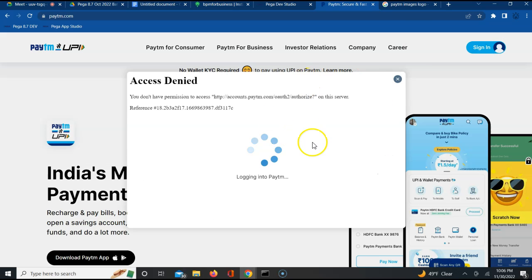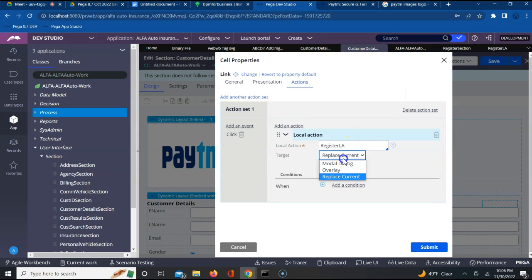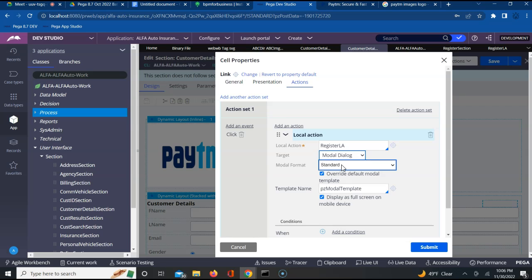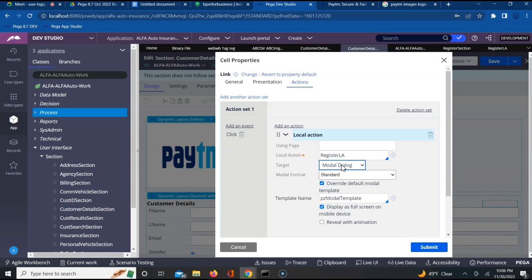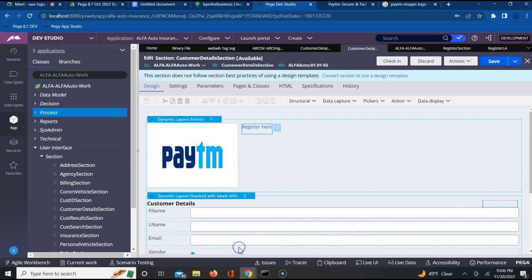We want to implement something like a window like this, right? To do that, we have to choose modal dialog. Makes sense, guys? Why we are choosing modal dialog? Yes, no, canceling, coming back. So we wanted to add an image to our application as well as show a registration link